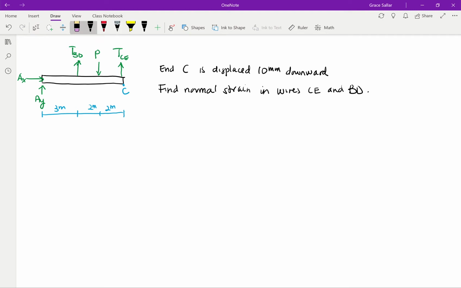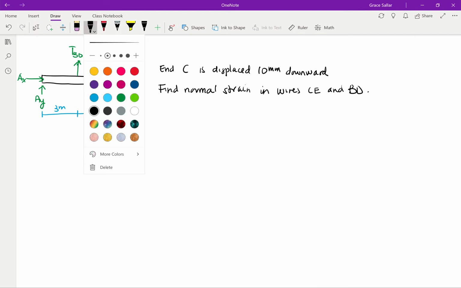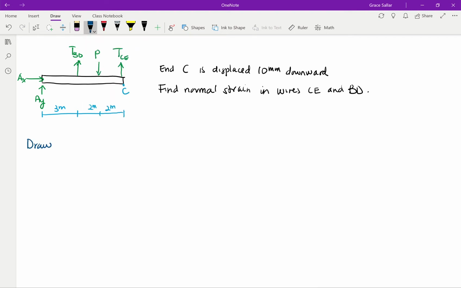Now, what we're going to do is draw the displacement profile of member ABC. Okay, so this is point B. So if you're drawing the displacement profile,